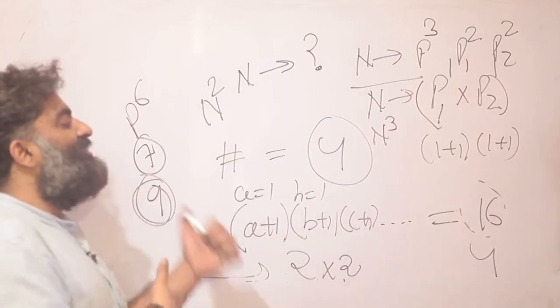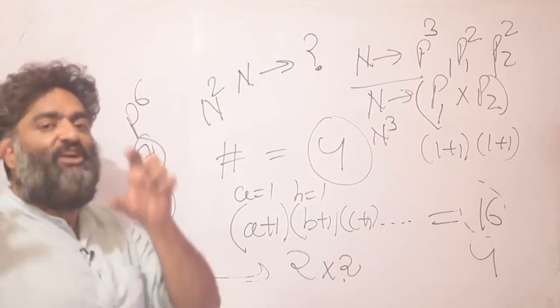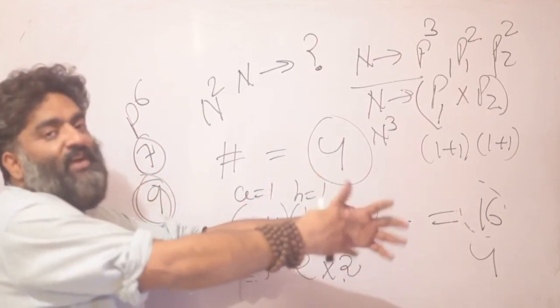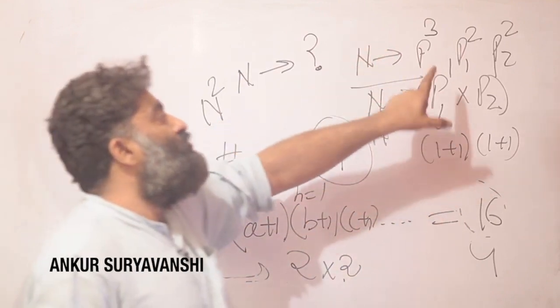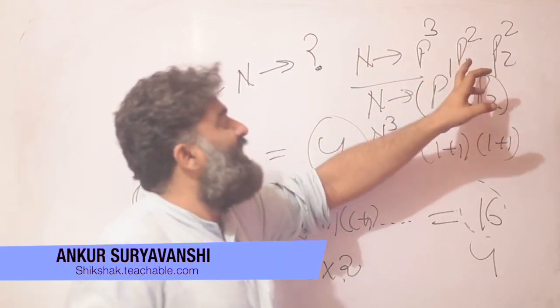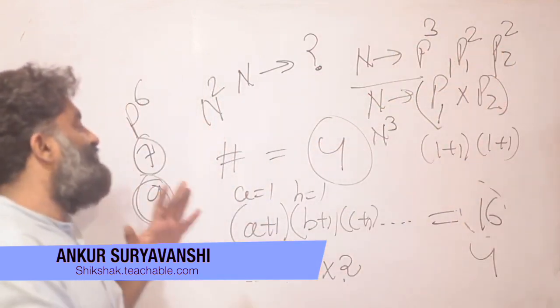So hopefully we are able to connect the formula with the backward process. Earlier we had the structure of the number and we found the number of factors. Here I have the number of factors, and I am going back and trying to find the structure. Again note, you're not getting to know what the prime is. You're only getting the power of the prime in this situation. So I think that should cover the basic idea.